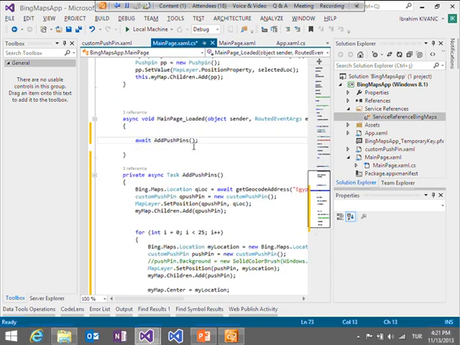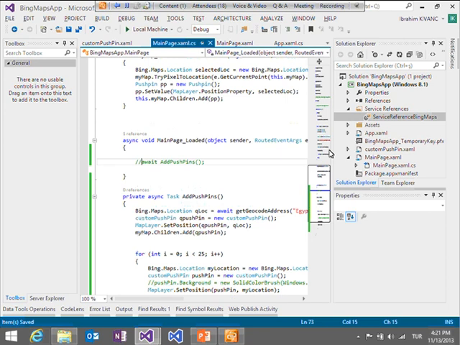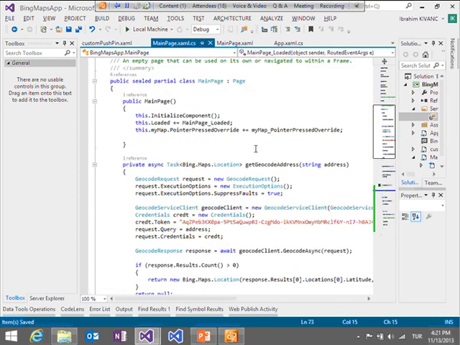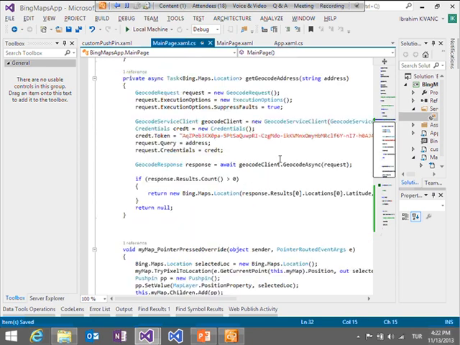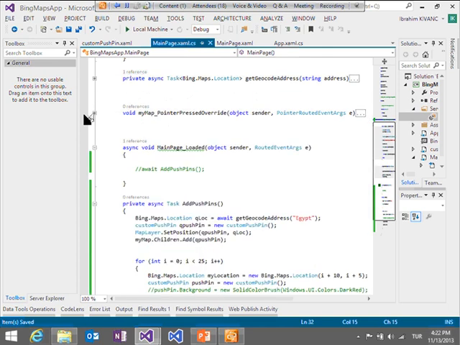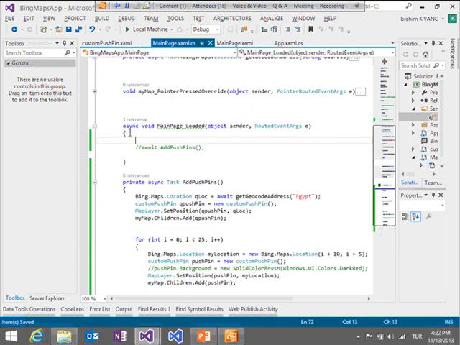I will comment this one, and at the same time I will comment this one as well. So after that, I won't use this code, and also I won't use this code. Oh, I will use, yeah, I won't use that code. So it shouldn't be an async right now. So what I can do is